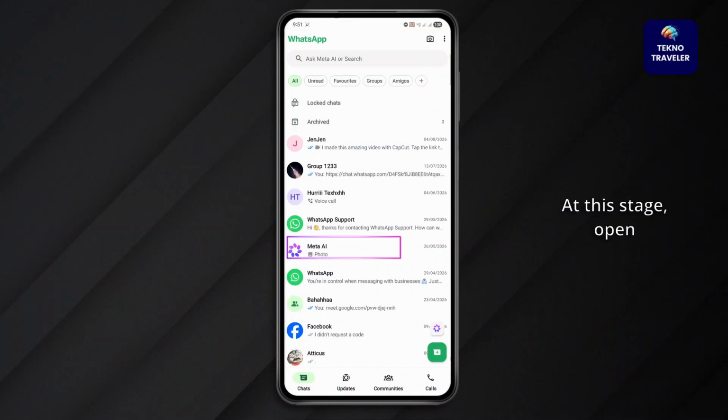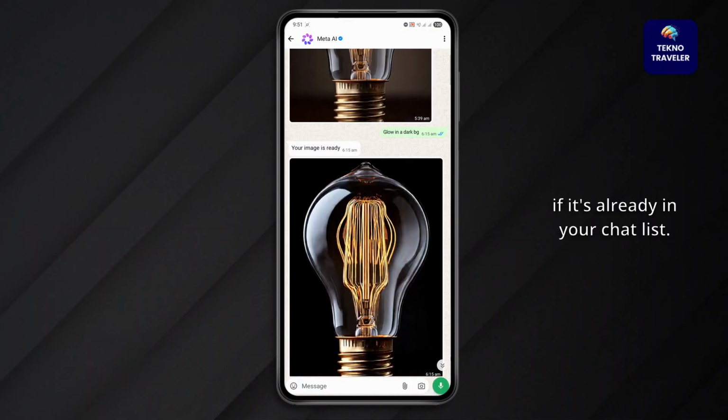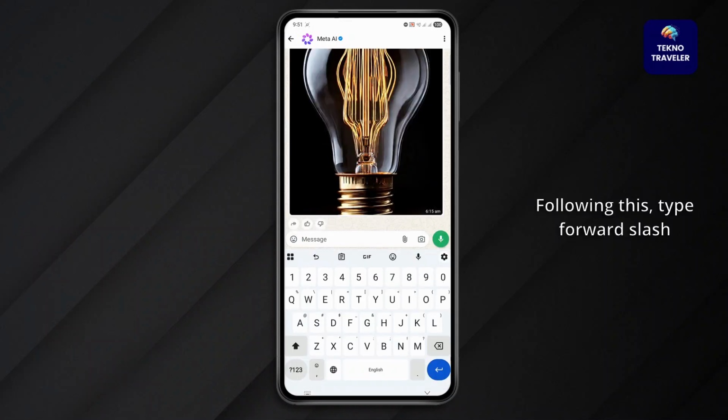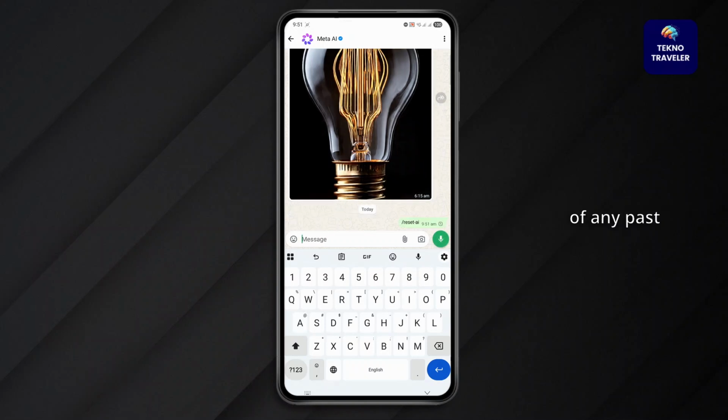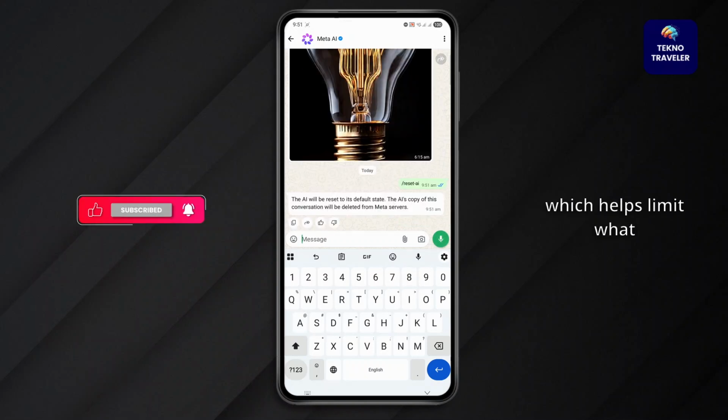At this stage, open the Meta AI chat directly if it's already in your chat list. Following this, type /reset AI and send it. From here, this clears its memory of any past conversations you've had with it, which helps limit what it's holding